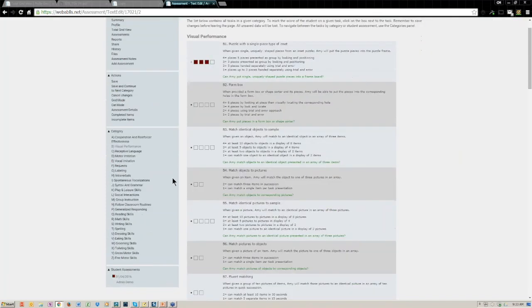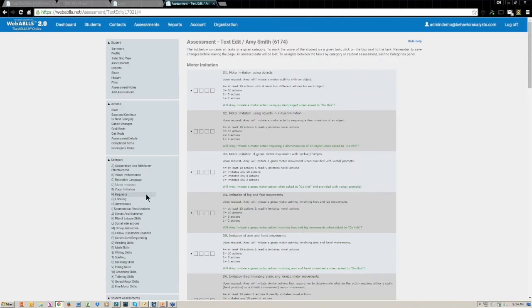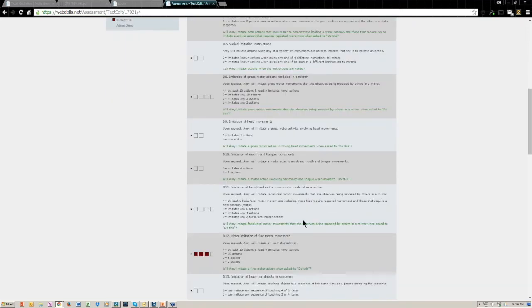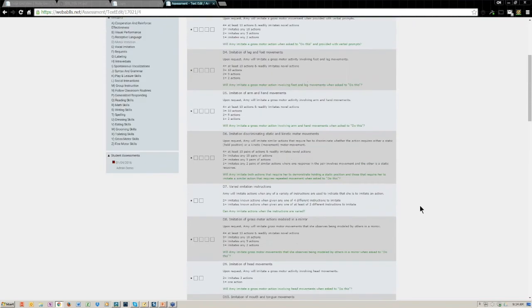If you do need to go to a specific category and not just the next one, down here in the category action panel, we have all 25 categories within the assessment. So moving on, if you just click on any one of those links, it will take you to that screen, and you can continue with your scoring. I'm going to score down and show you how D12 has shown up down here. That's the one that I scored to show you that example.